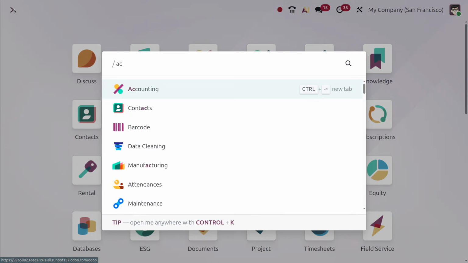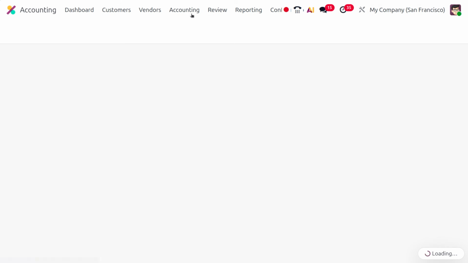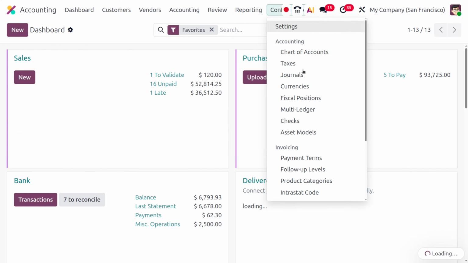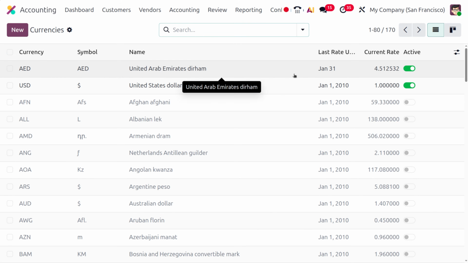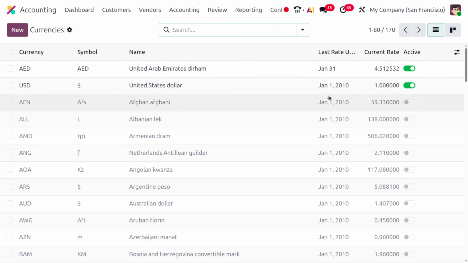To manage this, you can move on to the accounting module, and under the configuration, ensure that you have the currencies and you have enabled multiple currencies over here. You would be able to see that we have currencies such as the AED as well as the USD, and if you want to enable any other currency, you can just enable it. Currently, you can see that the last rate update was on January 1st, 2010,